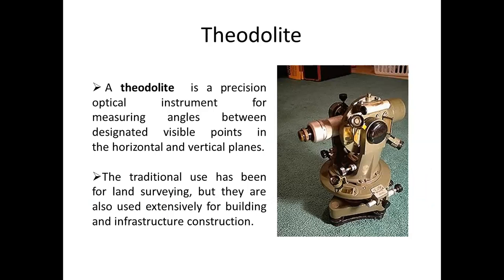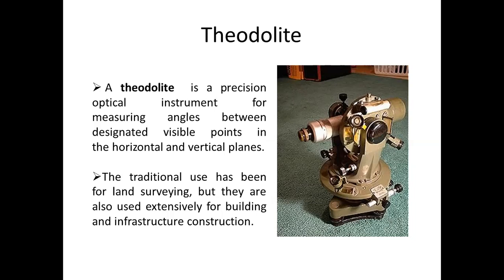The compass is used for measuring the direction by measuring the angle between the line and a reference direction, which is the magnetic meridian. A compass can measure angle up to an accuracy of 30 degrees, and by eye judgment up to an accuracy of 15 minutes. Therefore, a compass is not used when accuracy is required for some precise survey work, right? So for this purpose, we can use theodolite.